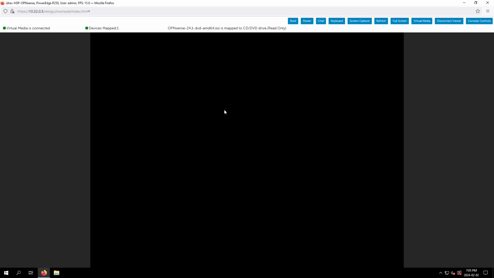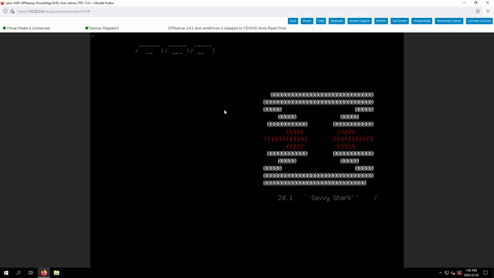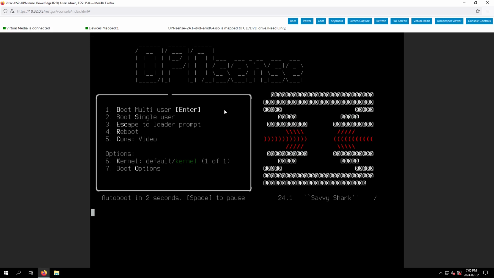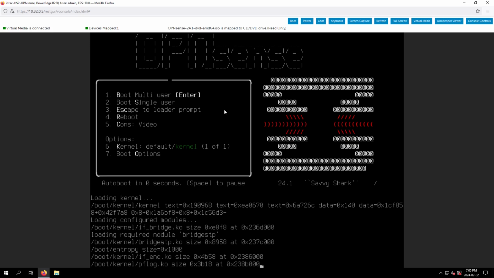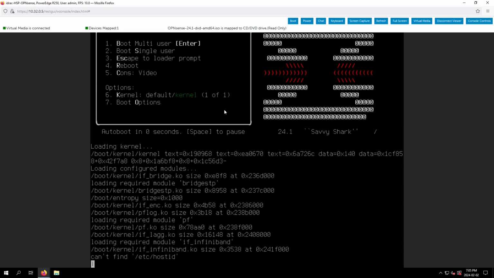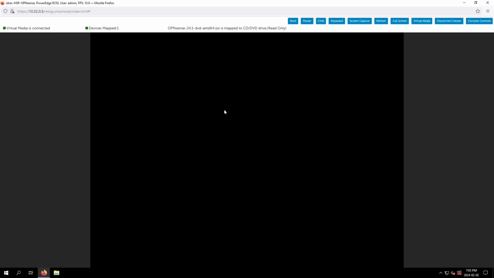That would have taken me a good 40-45 minutes to drive to, through heavy traffic, downtown, all the rest. But as you can see, it's perfectly capable of just booting off of the ISO file that you've connected through this virtual interface,